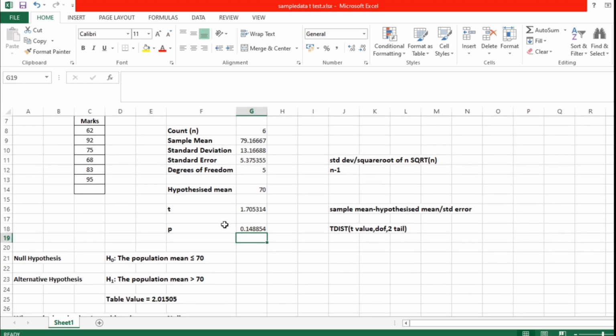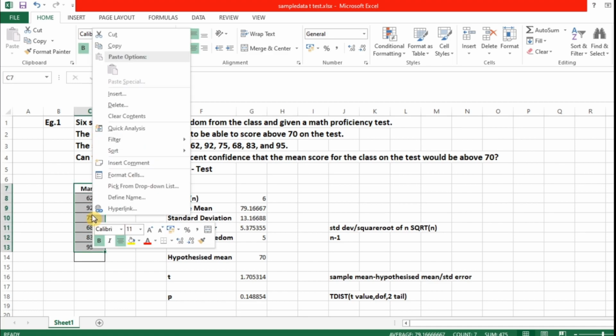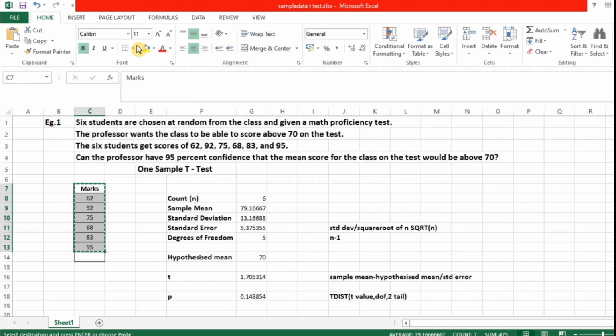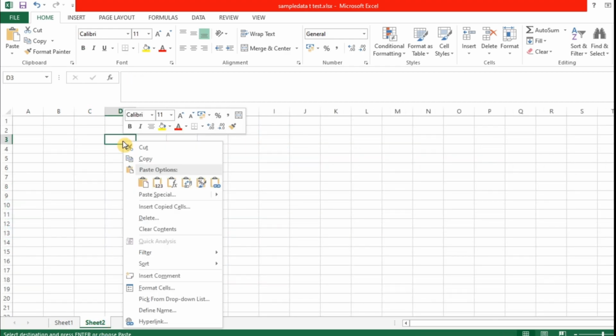So now I'm going to explain the second methodology, which will be easier for you, but the concept is we are going to cheat the Excel format by using the data analysis tab for getting our answer. You can just see what I am doing, right? I'm selecting the same marks for our calculation. Okay, I can make it with next sheet. I'm pasting it.